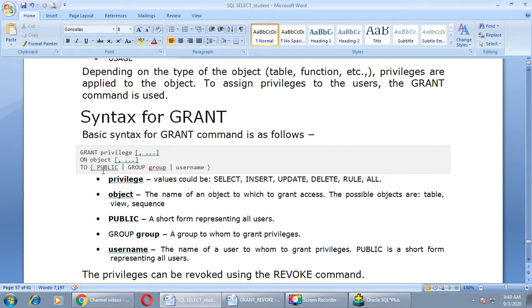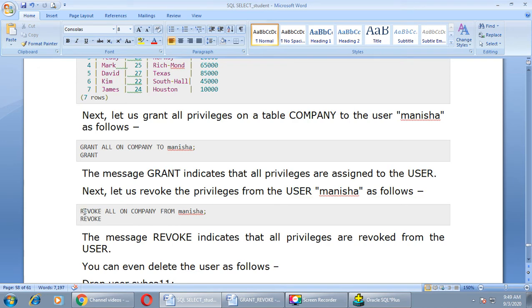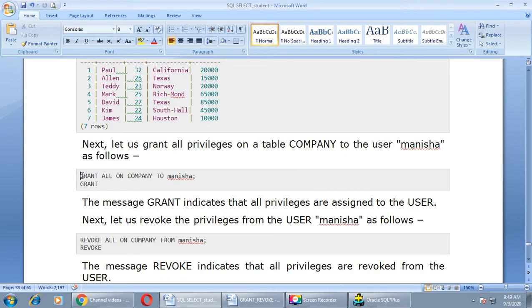So we'll specify the name of that particular user. Here our user is Manisha, so we'll write grant all on company to Manisha, right? You can see this command on the screen. Then you will get a proper message. The message grant indicates that all privileges are assigned to the user.